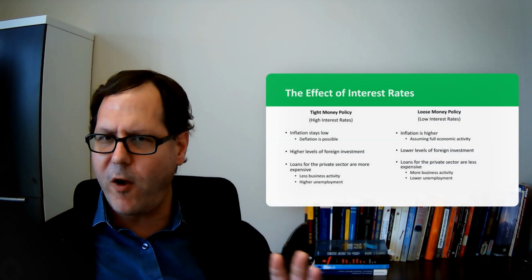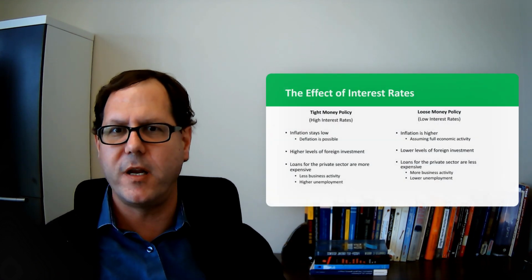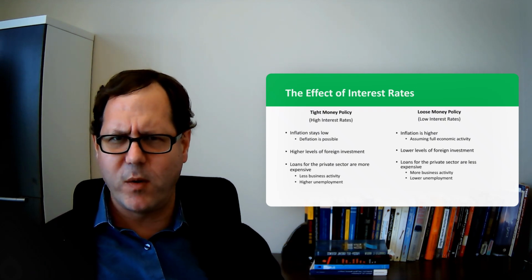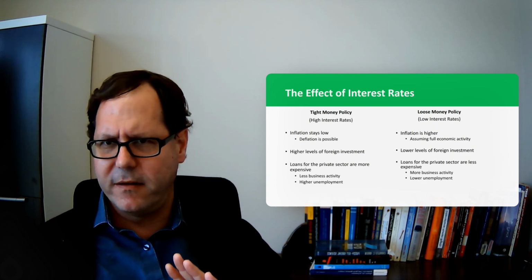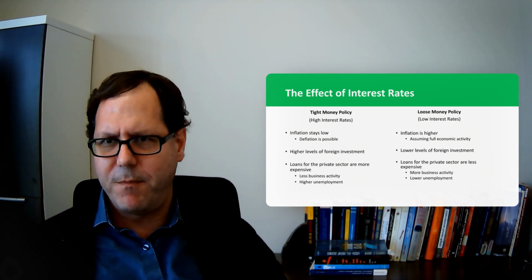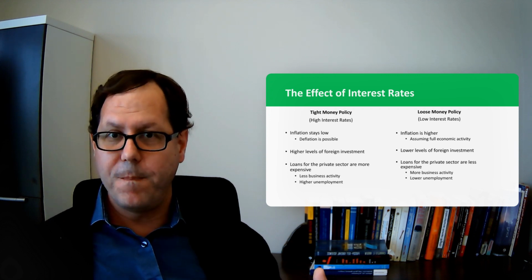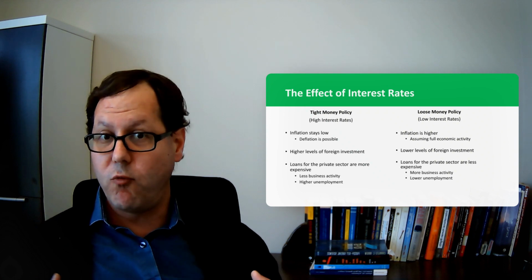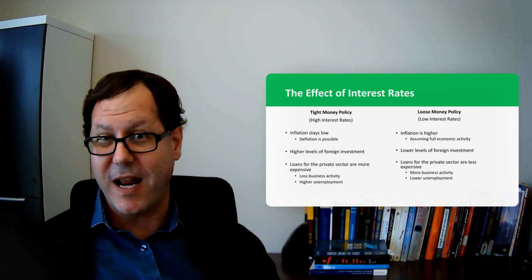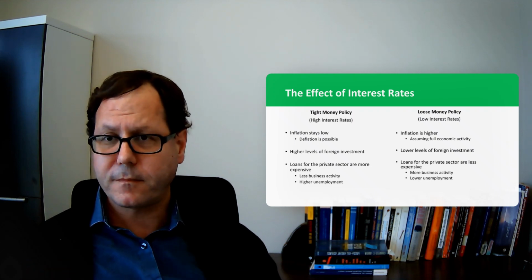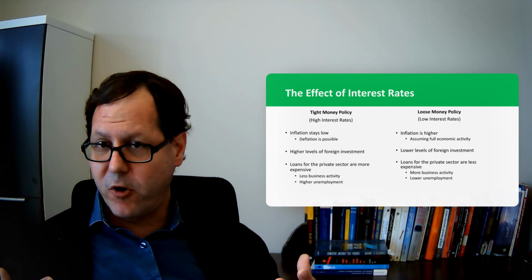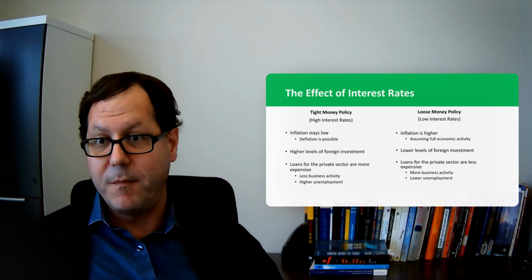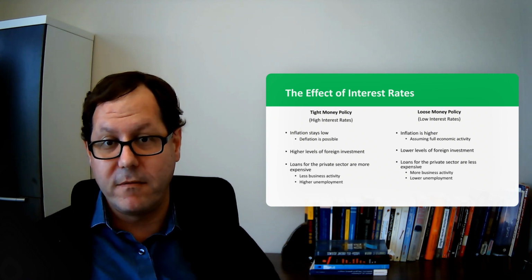And so we oftentimes pay close attention to these interest rates and make a differentiation between what's sometimes called tight money policy and loose money policy. Tight money policy being associated with higher interest rates. And so when you have high interest rates, again, the Federal Reserve is not printing money. It's raising the interest rates that the federal government is going to have to pay to borrow money. And because it's not printing money, you're unlikely to have inflation. It's possible you could even have deflation if the economy continues to grow and the money supply is